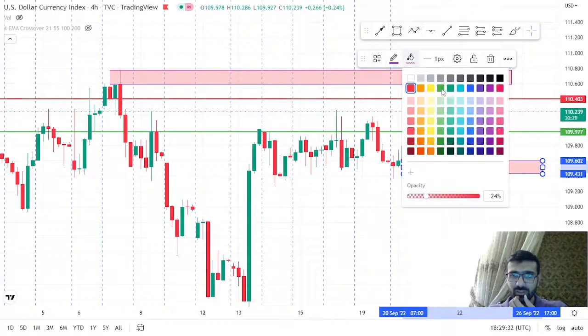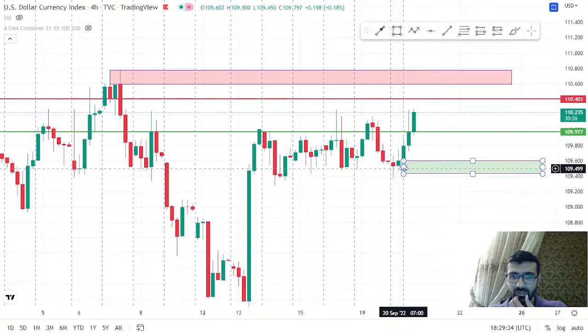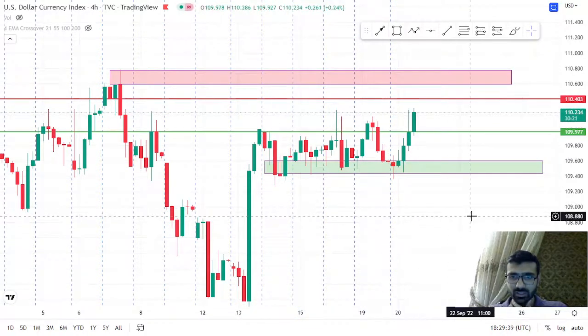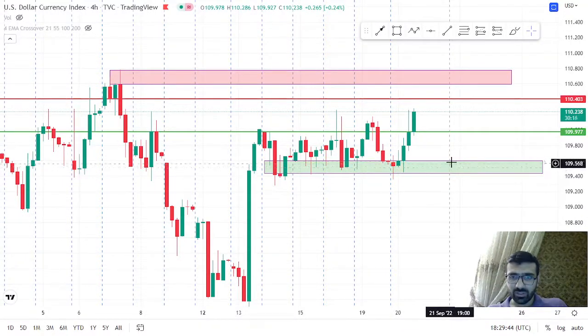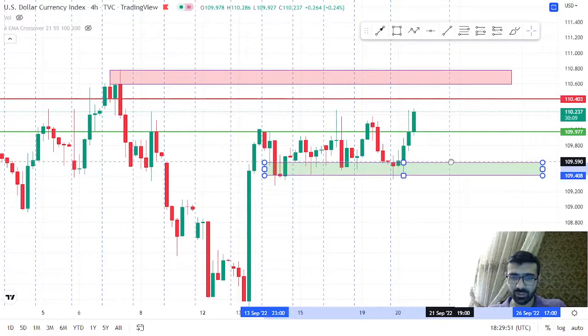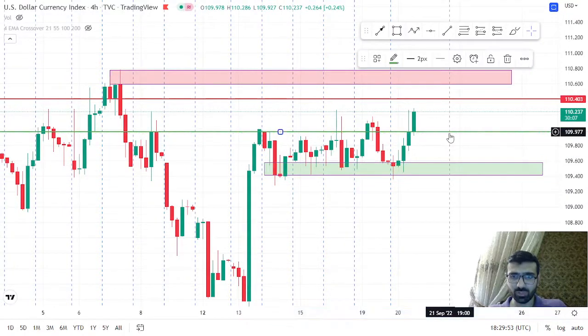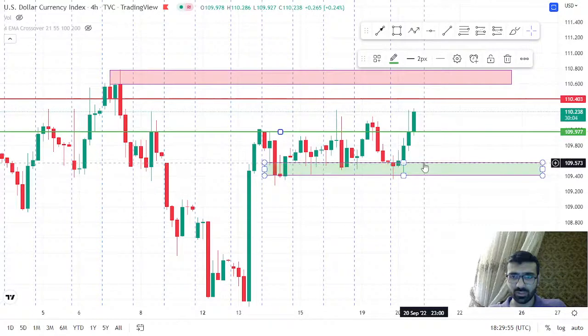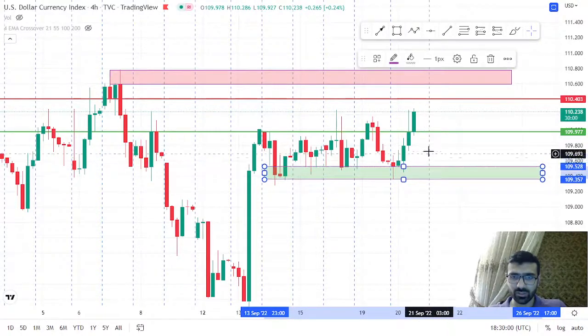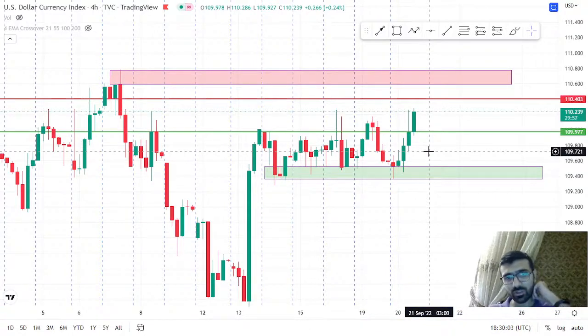Let me change its color to green, and let me also stretch it a little so you guys can have a better idea. As previously our support area was this, now it has shifted from here to here as I am looking for more buying opportunities. Or just let us keep it over here, and now let me move to the smaller time frames,